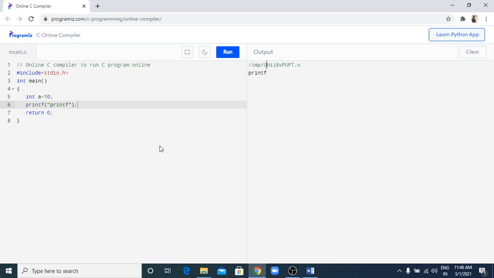Hello friend, today we are going to discuss the practical session in the C programming language. Up to now we have seen chapter 2.5 of the C programming language. So you should have most of the concepts of C programming clear.